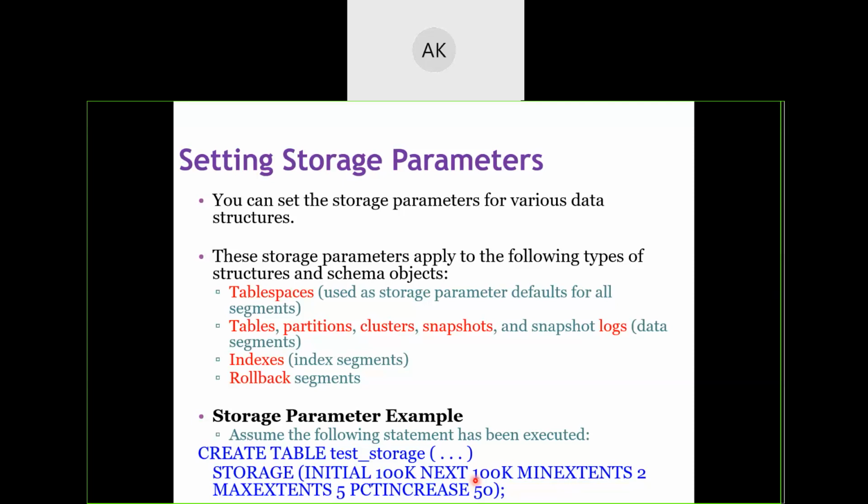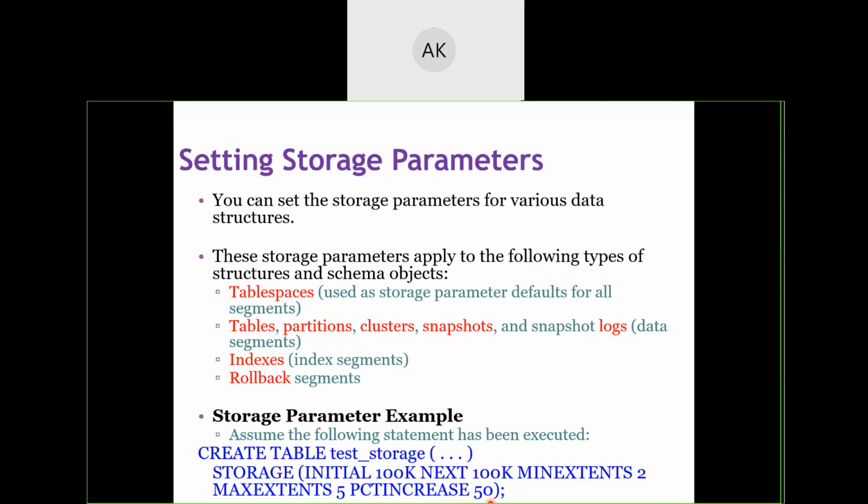And how many minimum extents should be done? How many minimum times should the extension operation be done? 2 times minimum. And maximum how many extensions can be done? 5 times. Okay. What should be the percentage increase if the data is being filled too much?